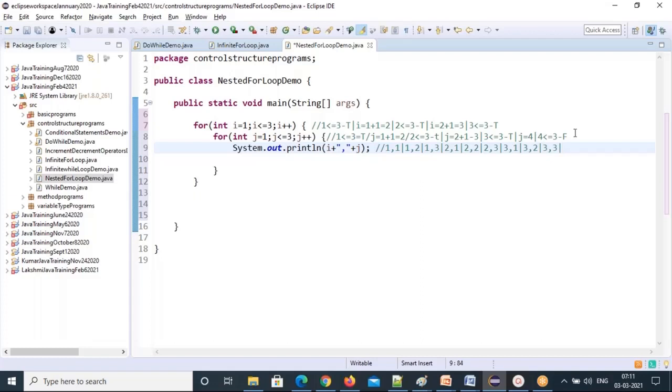Again j value will update to 4 and 4 less than or equal to 3 is false, again goes up, and i value will update to 4 and it checks the condition 4 less than or equal to 3, false, it is going to come out.